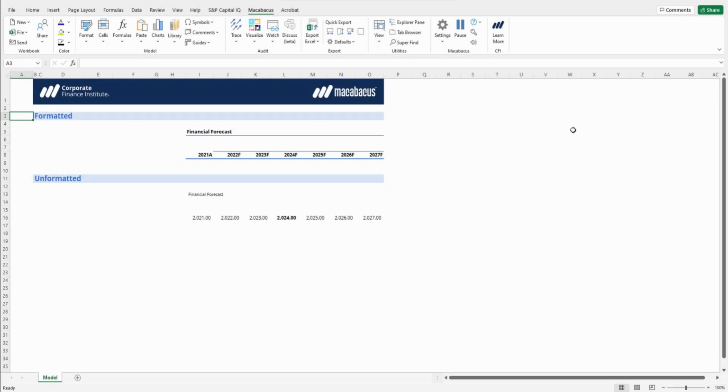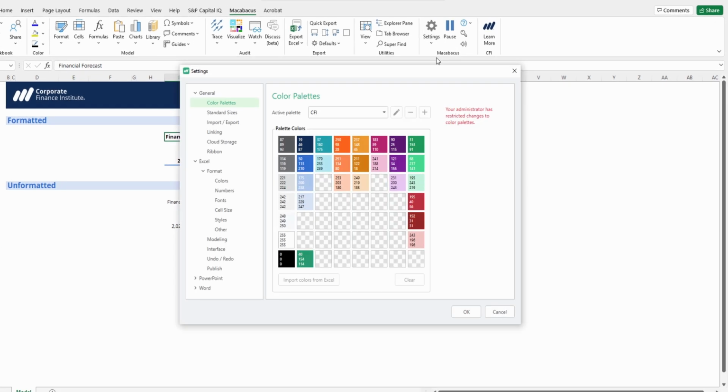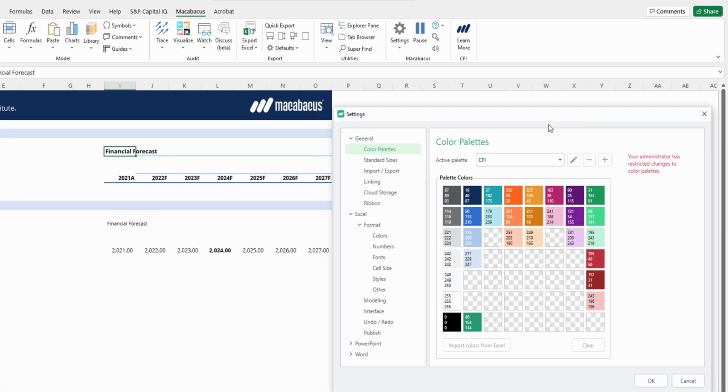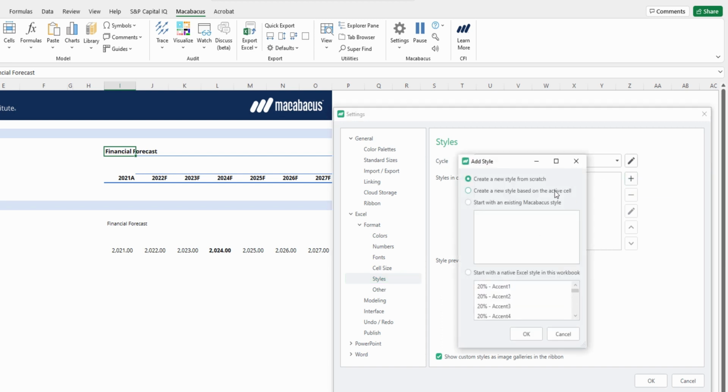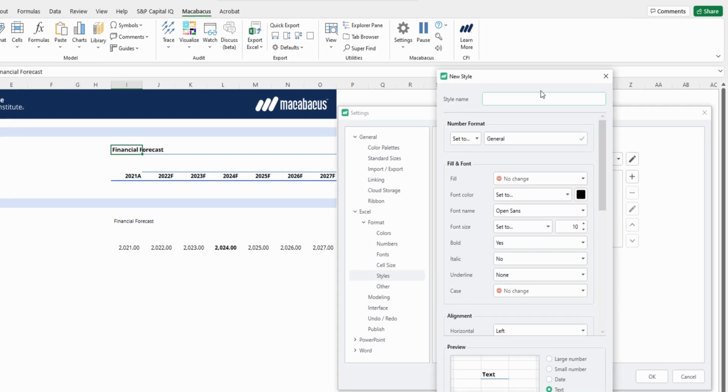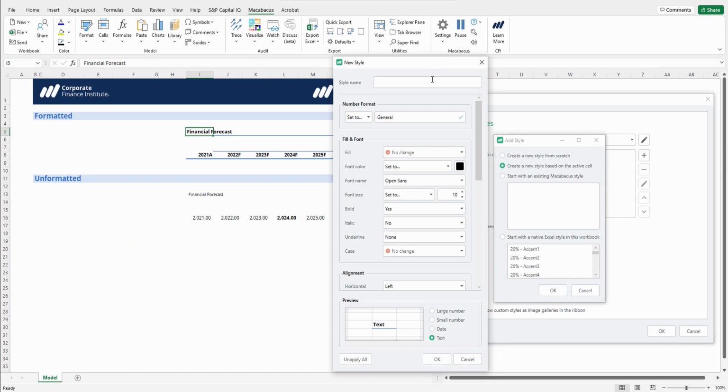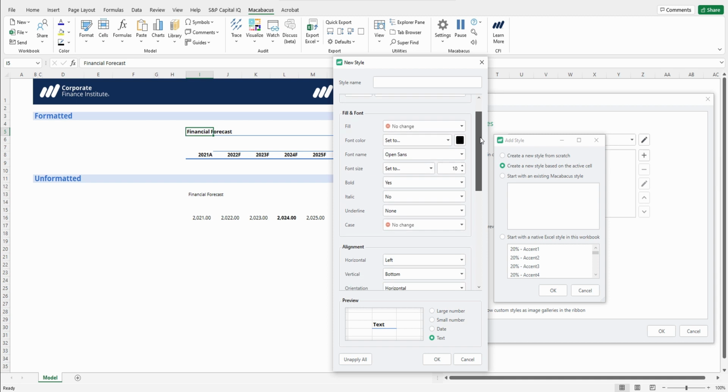Okay, let's go ahead and set things up. So our first style we need to grab is here in cell I5. So if we go into settings, then configure where we were before under styles, let's add a style based on the active cell here. So pressing OK, this dialog comes back up, except now it's actually inputted all of the